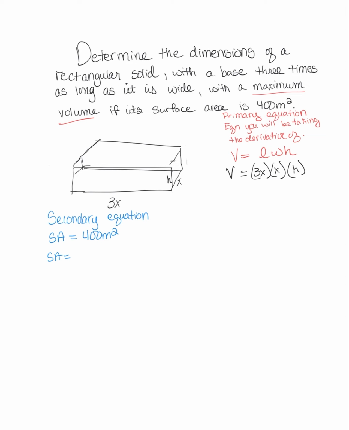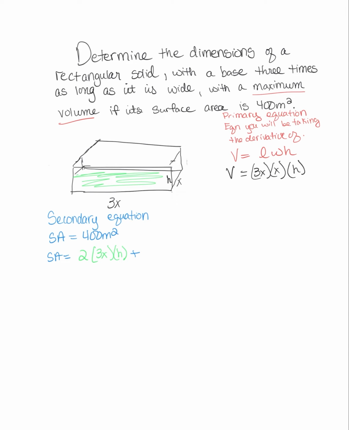So if I say I have, well, you know I've got two of these, right? I have one on the front and one on the bottom. Well, how do I represent that mathematically? Well, there's two of them. So it's going to be 2 times 3x, which is the length, times the height. Do you see that? So we have this right here and this, right? So there's 3x times the height, and then we have two of them because we have one on the back. Plus,